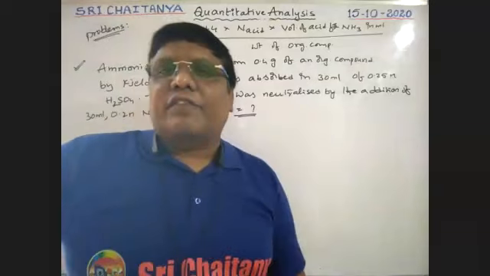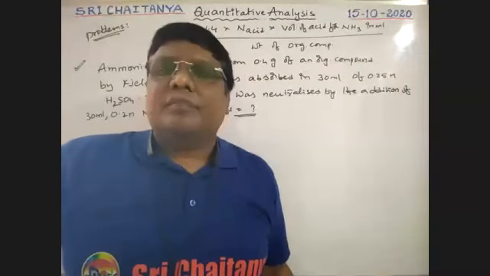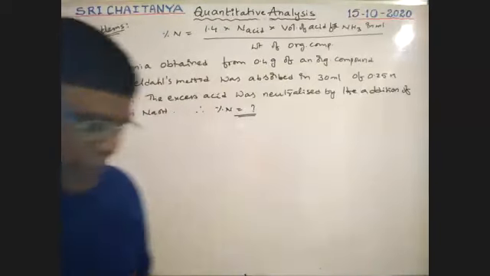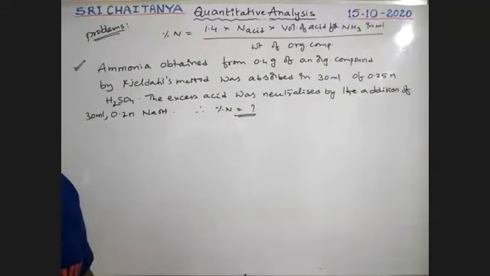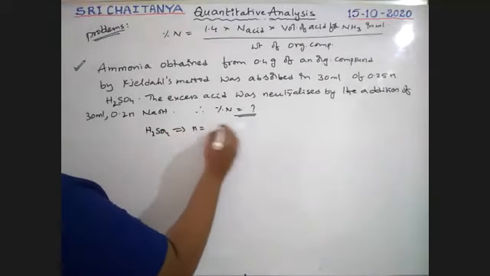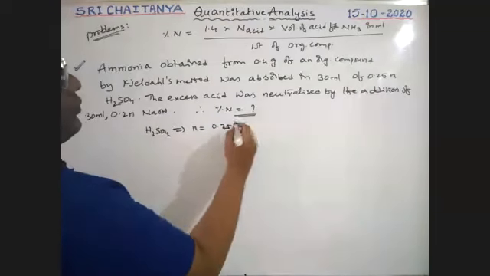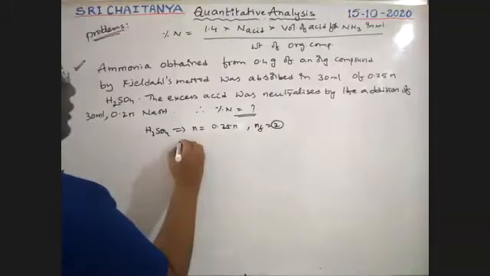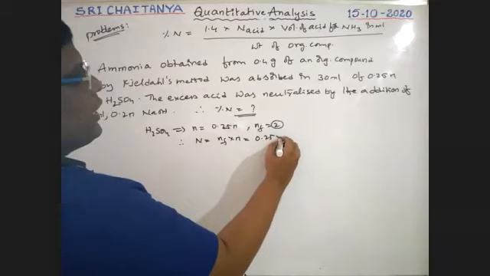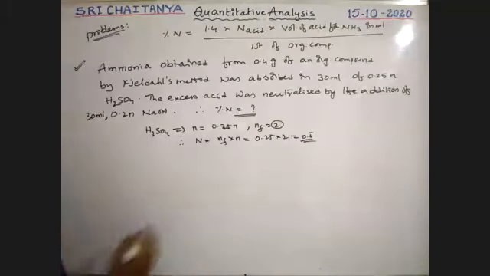If you want to find out n factor, please go and search our YouTube channel, boys. For acids, n factor is equal to the number of replaceable hydrogens. Correct, everyone is correct. See here, my H2SO4 given molarity is how much? 0.25 M. So for this, n factor is equal to 2. Therefore, normality is equal to n factor into molarity. 0.25 into 2, that is 0.5. Answer is 31.5.